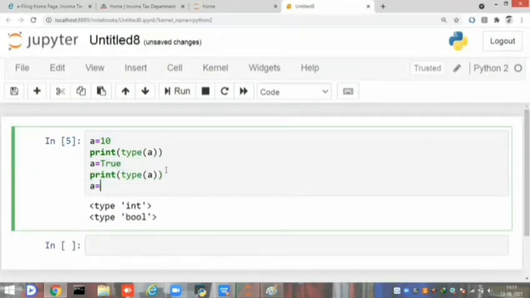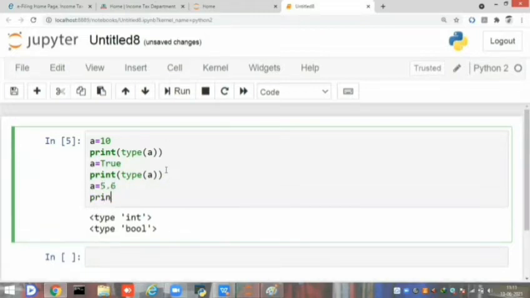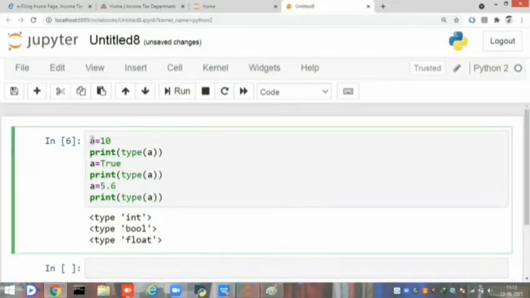And a equal to 5.6, the type of this is float. So here, within the same variable, we are using integer assignment, boolean assignment as well as float assignment. This is called implicit conversion. Okay.